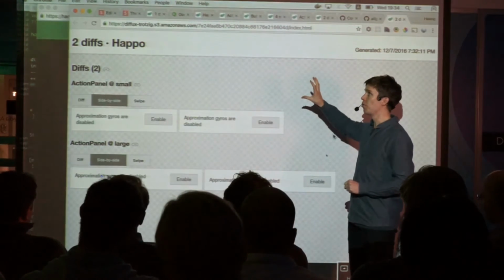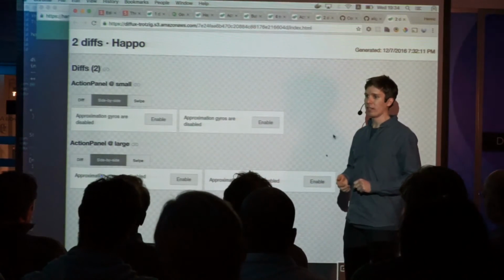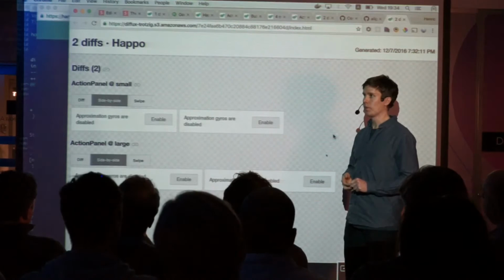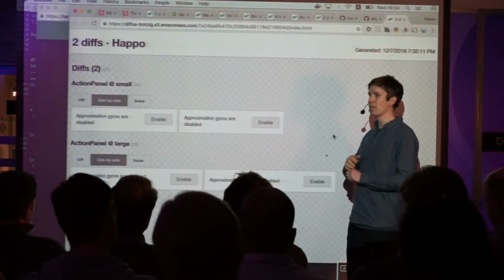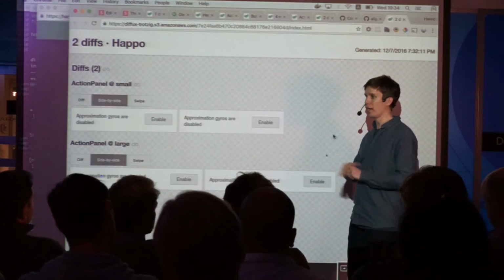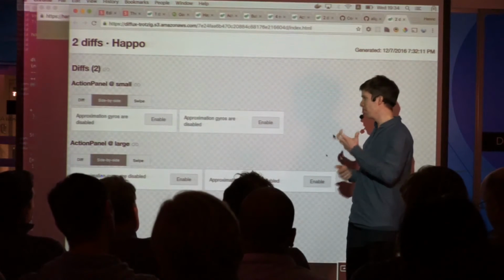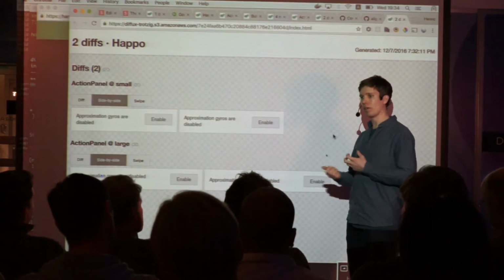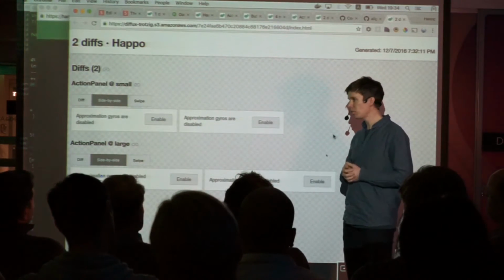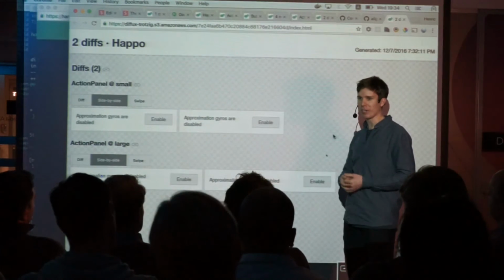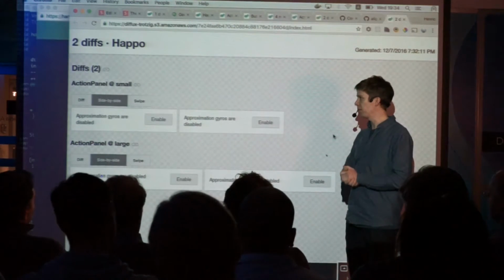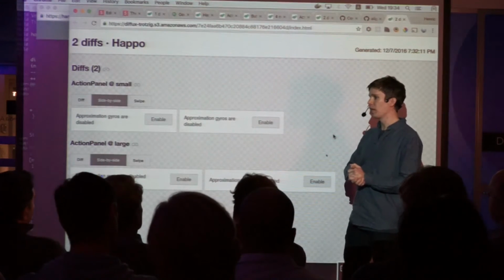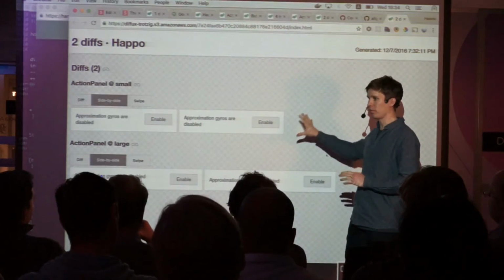Happo will wait for other things that can cause spurious diffs. It'll actually turn off all animations so that we won't snapshot in the middle of a transition. It'll turn off jQuery animations. It'll turn off a lot of things just to make sure that we don't false positive something that shouldn't be a diff.